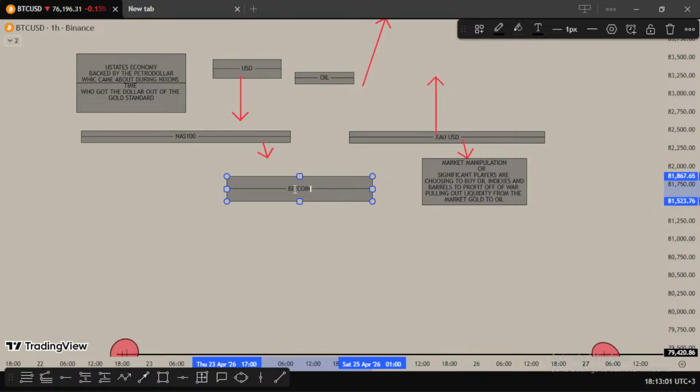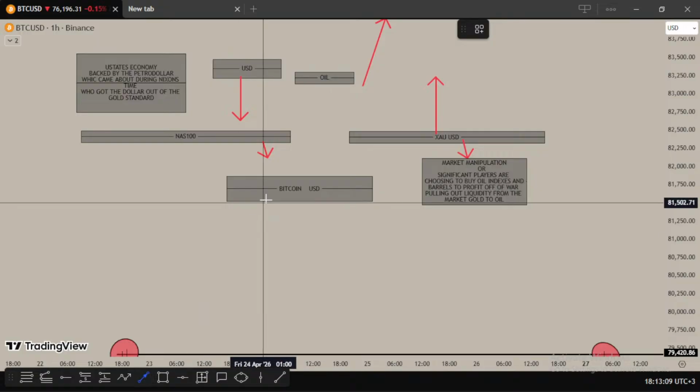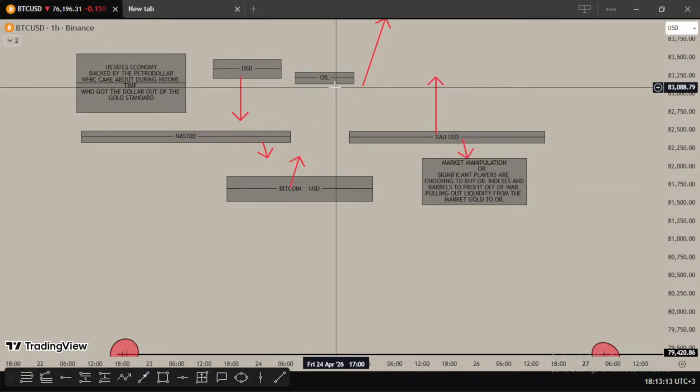Bitcoin. Bitcoin is backed against USD. So USD is going down, Bitcoin has to go up. This is pure market manipulation, guys. I think this is manipulation, because as you can clearly see, oil,